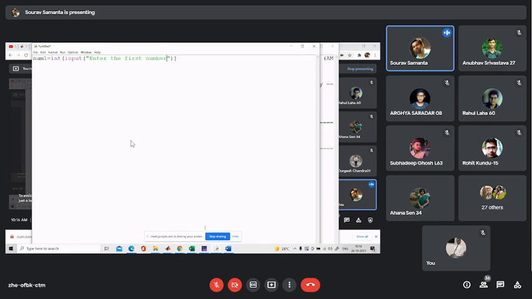Now we can easily copy the line two times here. I just rename the variable, so it will be the second and the third variable.